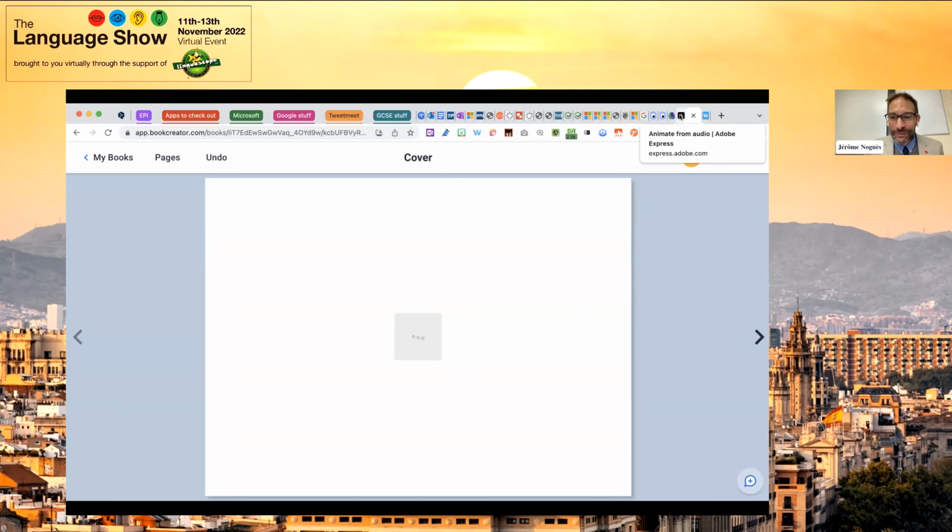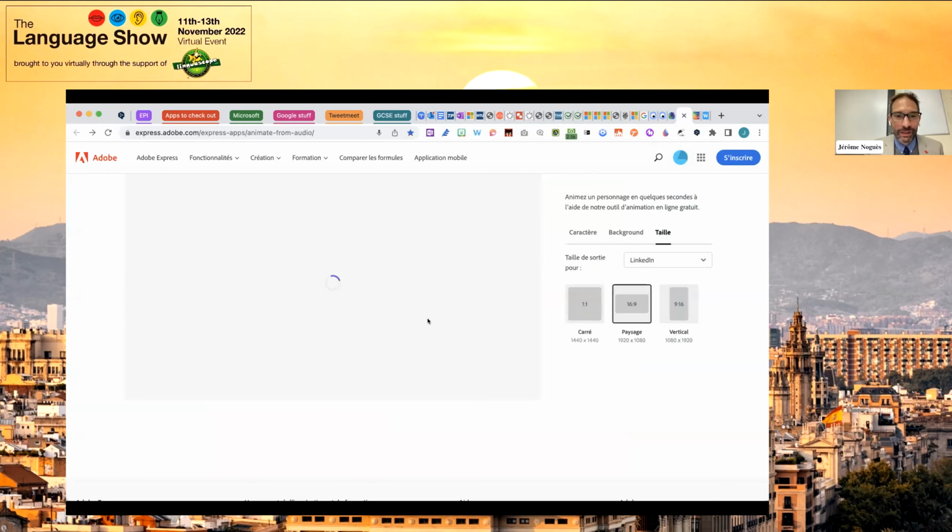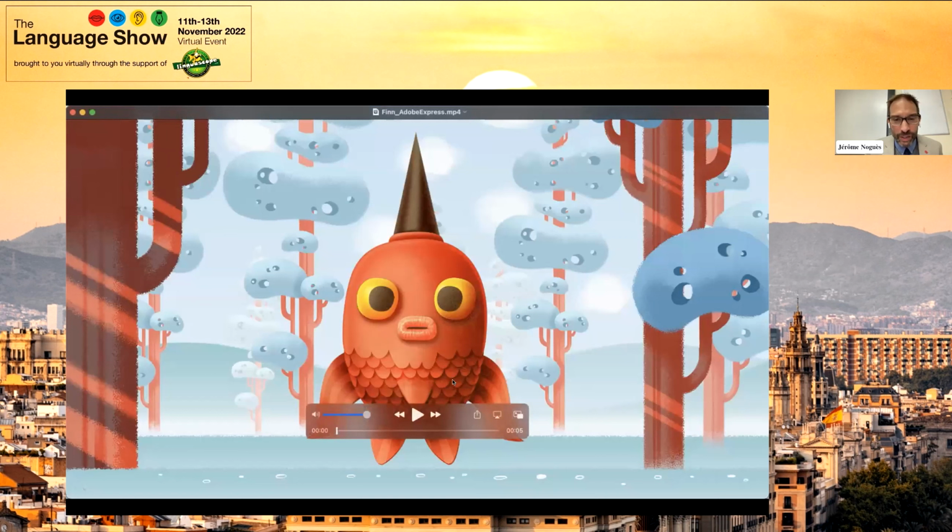Let's have a look at the video to see if it's gone up on the other side where it's cooking. Oh, it's still buffering. No, terrible. Okay, anyway, what I can do is go into the video I filmed earlier on. You can see all sorts of things there. You probably can see that, or can you? I'll probably have to stop sharing and share again, because otherwise you won't see my screen. QuickTime, share, boom. Okay, you can see that, can you? You probably can. Let's have a play.